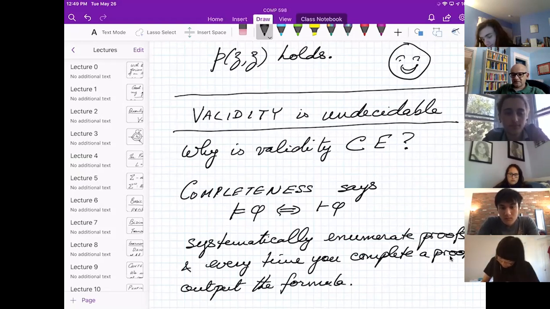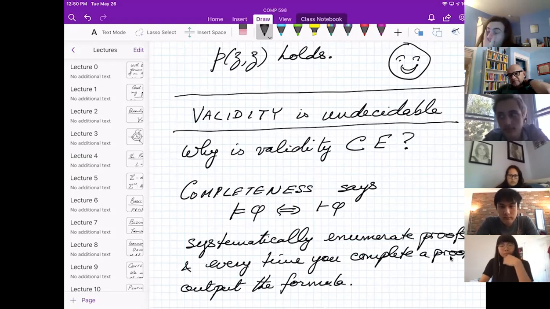And because of this completeness theorem, any valid formula, well, one day you'll find a proof for it, and it will be output. But this thing will never tell you, by the way, this thing is not valid. It will only say, so far, I haven't found a proof.